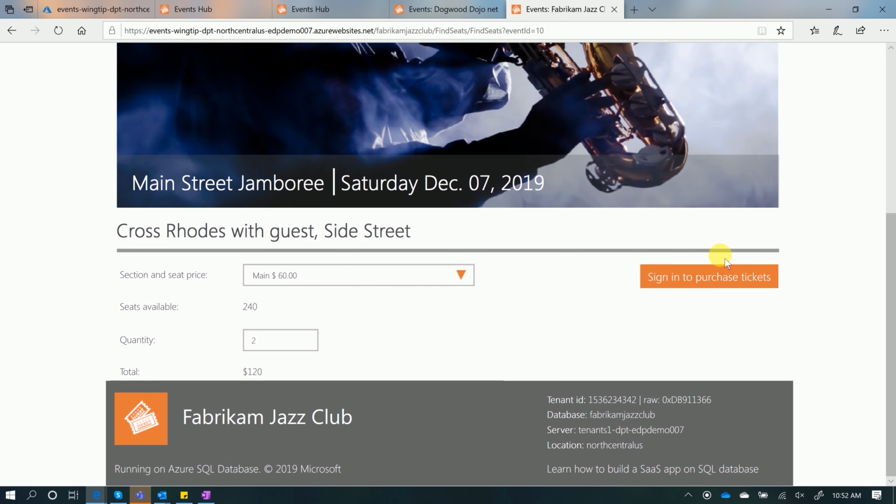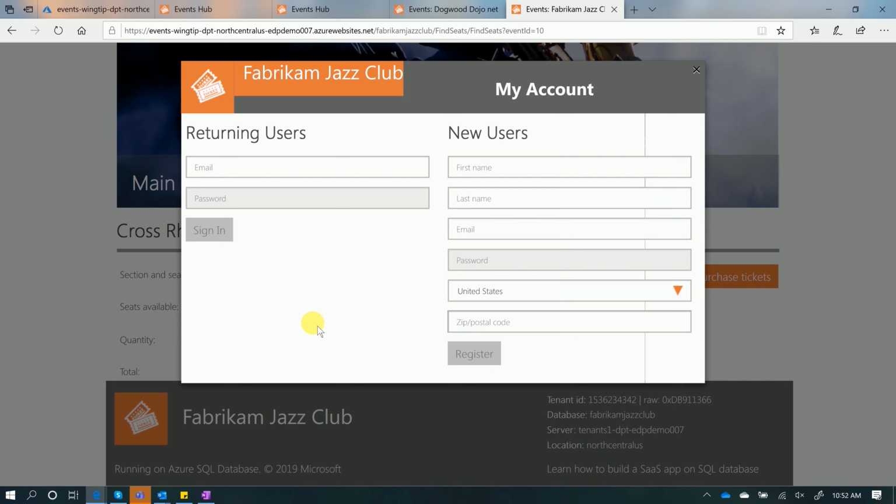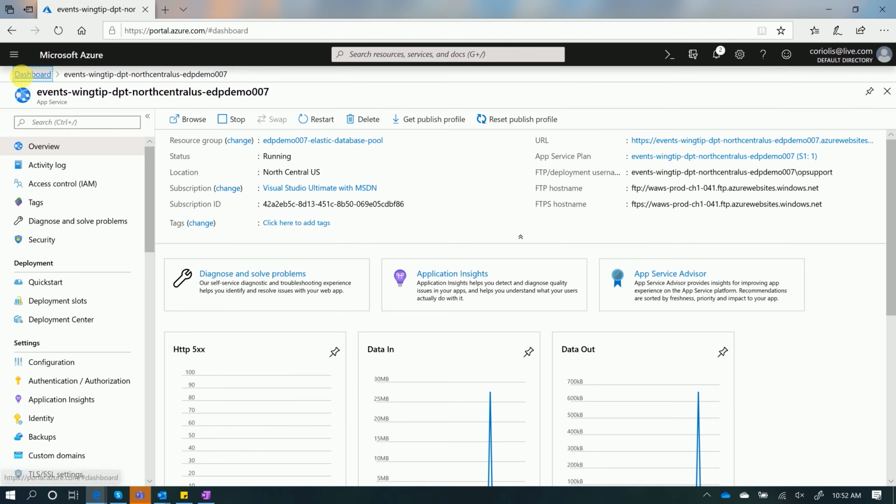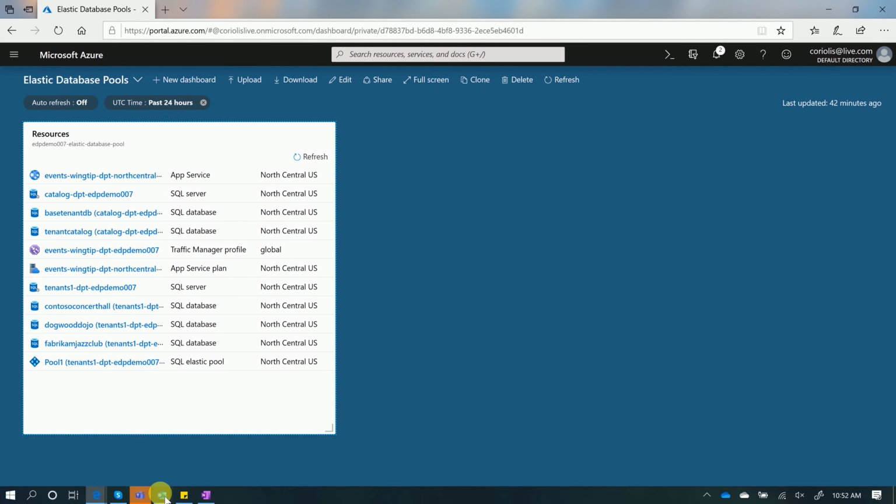Now, I don't think there's any actual authentication here, but you can see the form is available, and we could very easily put some authentication behind this if we so desired. But for the purposes of this demo, it's really not important. As we go back over here to the portal,